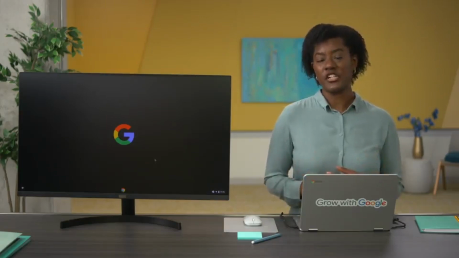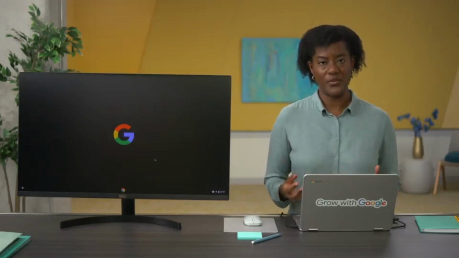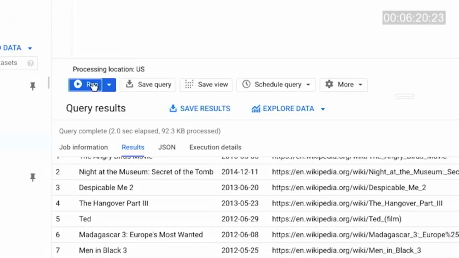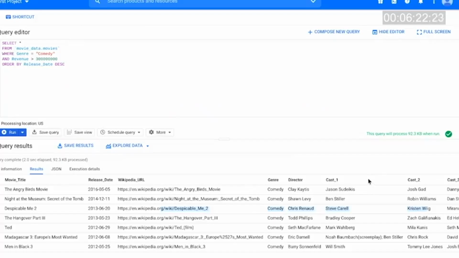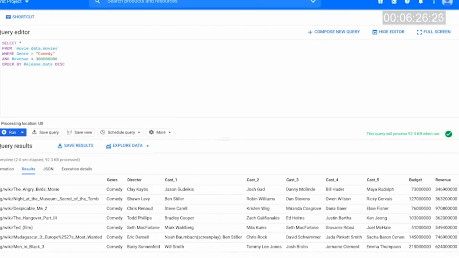Sometimes you need to convert data when you're working with spreadsheets. That might mean changing numbers into dates, strings, percentages, or even currency. It's important to double check that all of your data is in the right format for your analysis. Sometimes, even after cleaning and processing data, it still might not be in the right format you need. Let's think back to the table with movie data from before. There were a lot of different data types that included numbers, such as dates, budgets, and text strings like actors' names.